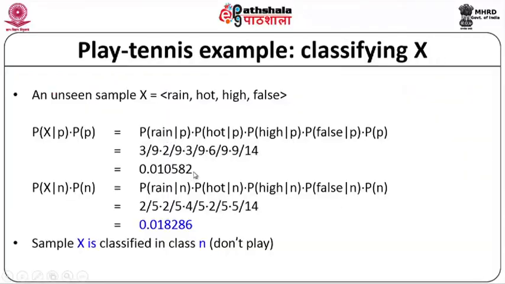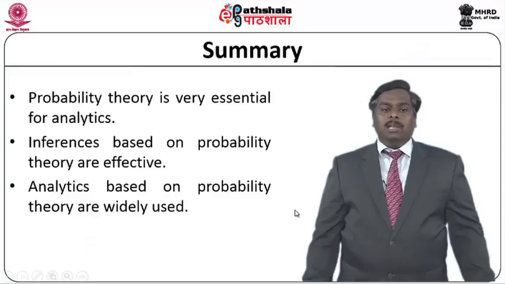All these probabilities we have computed earlier; we can just substitute the corresponding values and calculate the total probability. Now among these 2 probabilities we need to identify which has the maximum value. We find the probability associated with the class label no has the maximum probability. Therefore we can predict the class label for the given data x is n, that is, for the given weather conditions tennis should not be played, or it will recommend do not play tennis. This is how we can apply Bayesian theorem for the purpose of classification.